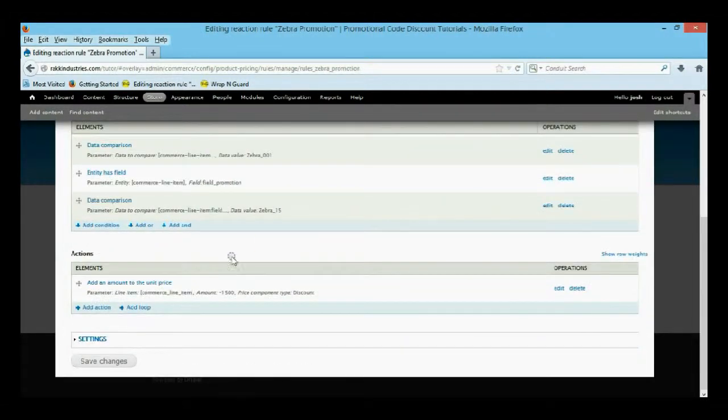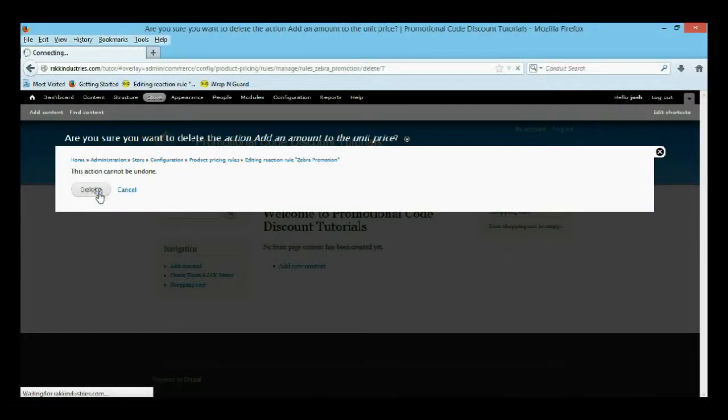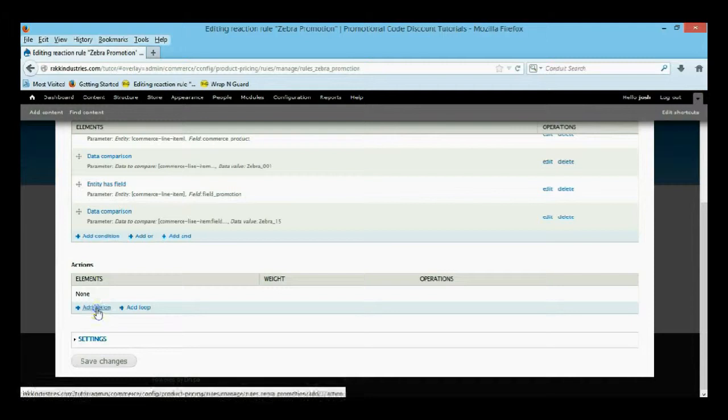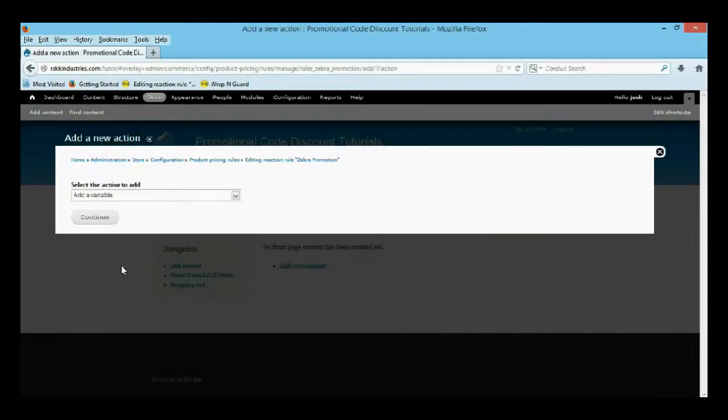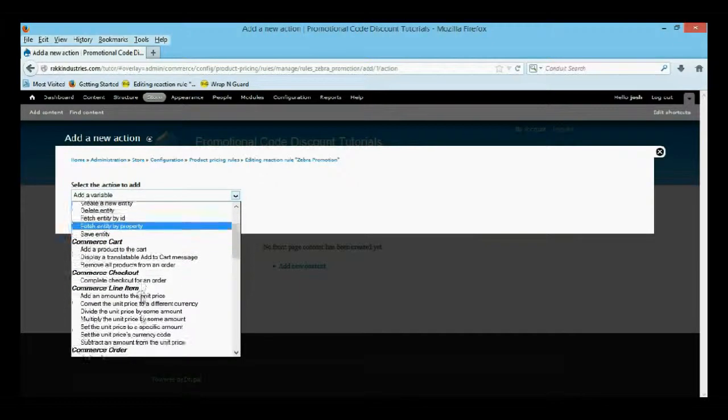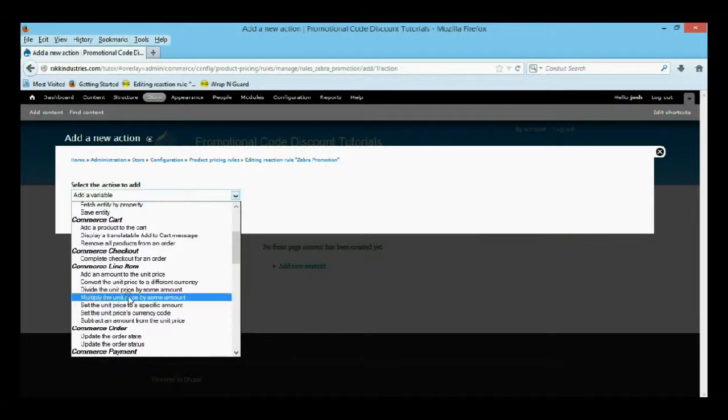But say we can also do this a different way. So we're just gonna delete this. But I mean, you can also come in here and change the amount to like 2,500. So we'll delete that, and we're gonna multiply the unit price by an amount. So we're gonna add an action, and that's also down here in the line items. So multiply the unit price by some amount,